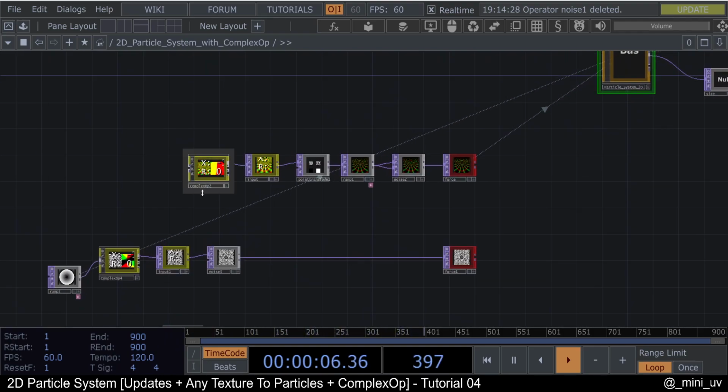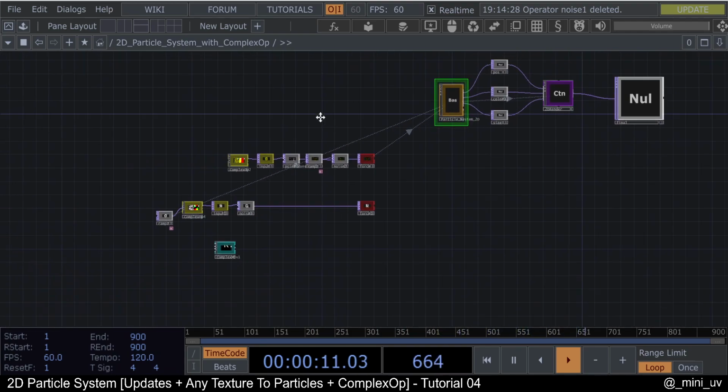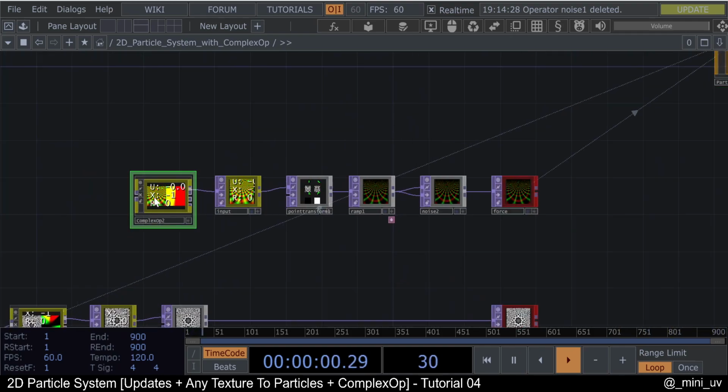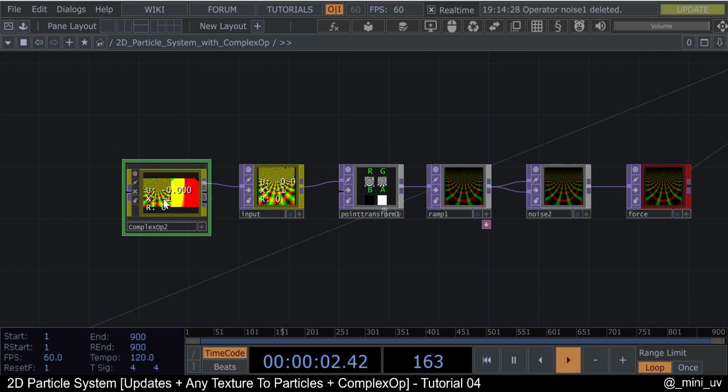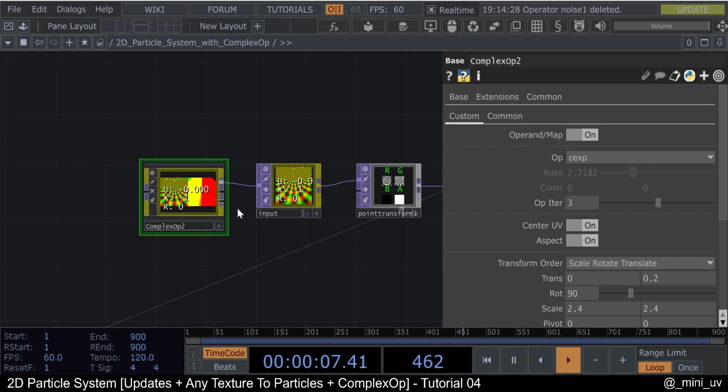So this is an implementation of my system with ComplexOp. Function Store did a tutorial about the ComplexOp. You can see it on YouTube. We linked it down in the description too, and it covers all the functionality of this component. But